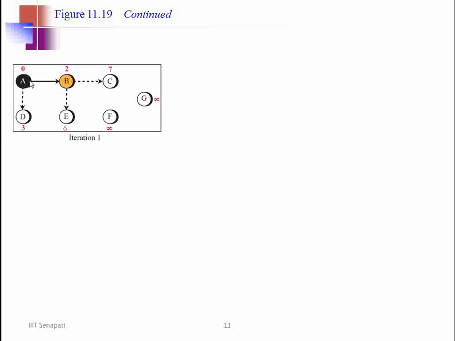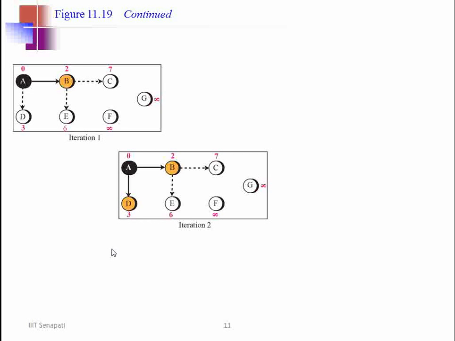Now since B is added, the shortest distances to C and E are known. It is 7 and 6, which is less than the earlier path, which was infinity. So the new path is being considered, and for others we cannot reach yet, so they are infinity. Along the path, it was reachable in 3, in 6, and in 7.